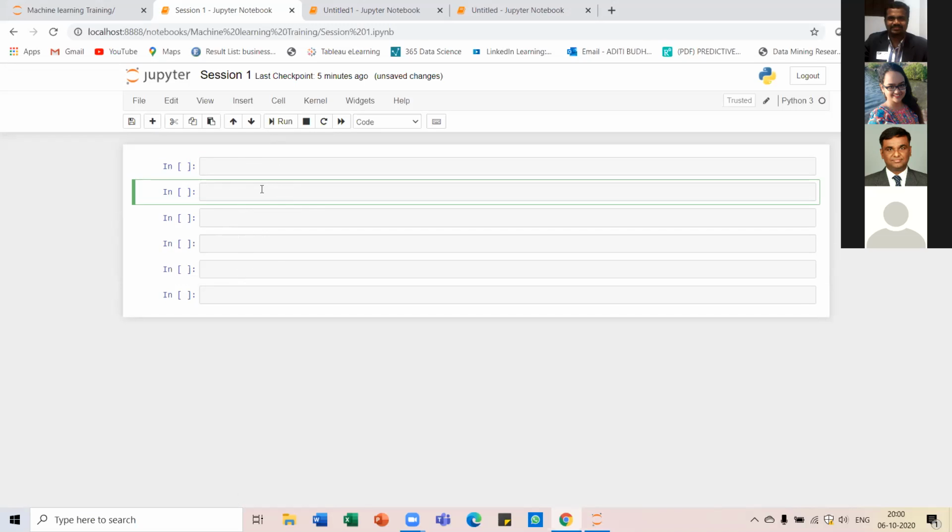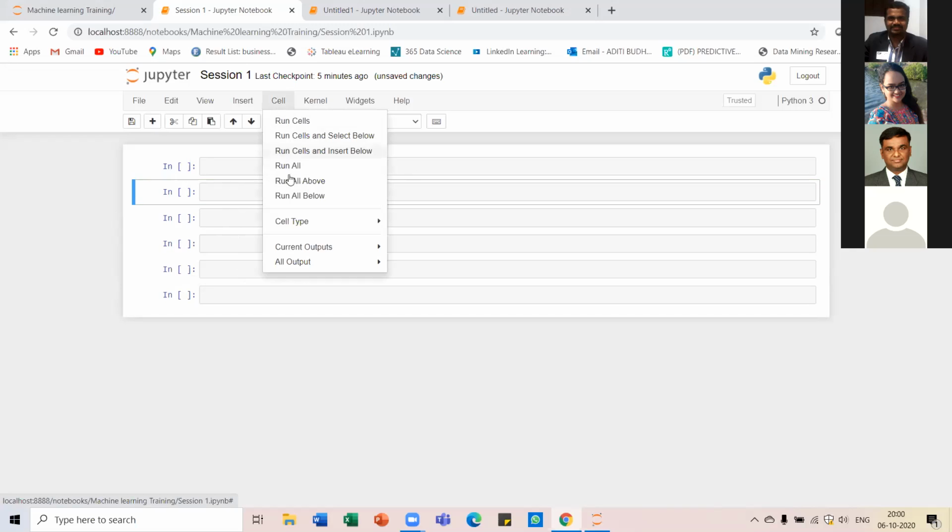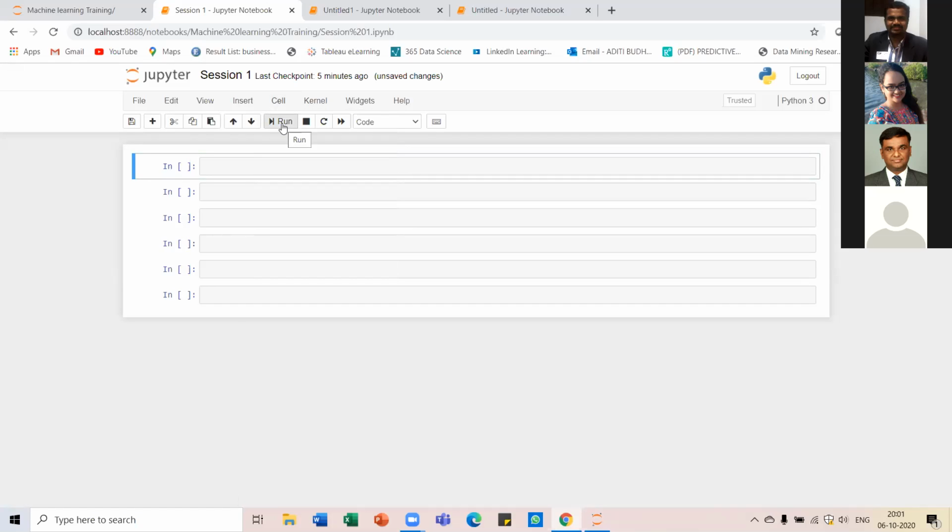You can also insert more cells. If you want to add a cell above a particular cell, go to Cell, and here you will see that you can add cells above or below. You can also select which cells you have to run. When you write code in your cell, you need to run it, and you can do that in two ways.